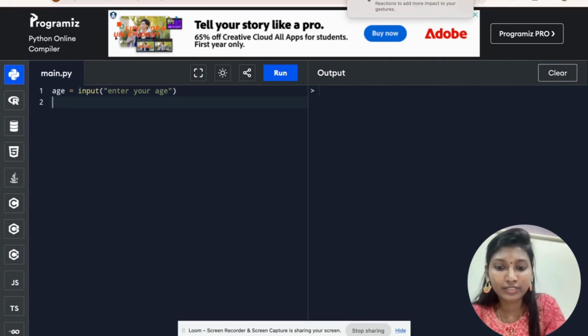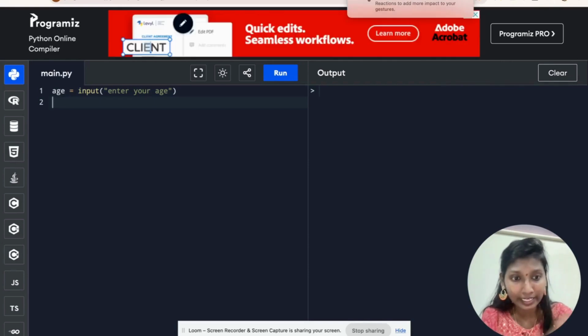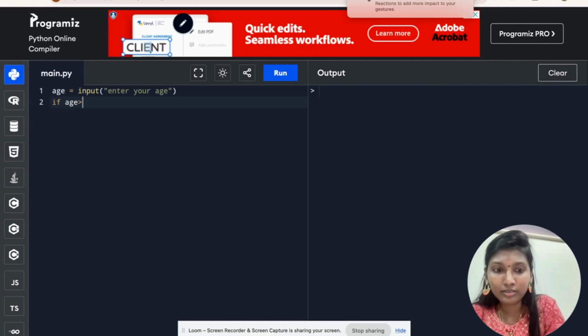First we need to give the condition. What is the condition here? Those greater than or equal to 18. Those who are 18 and above are eligible for voting. Those less than 18 are not eligible for voting, right? Simple thing. So type here: if the age is greater than or equal to 18,